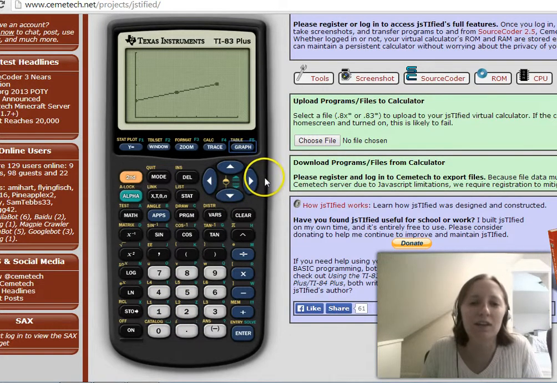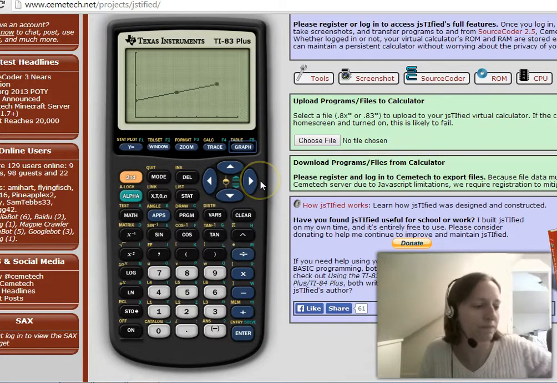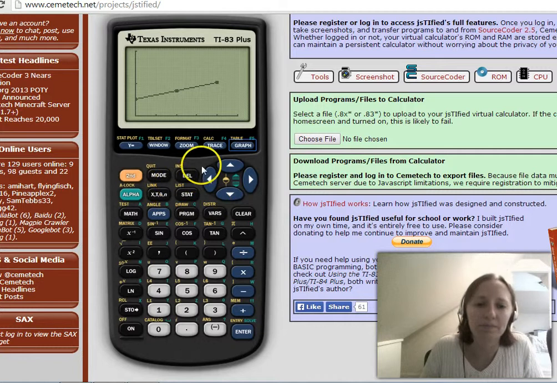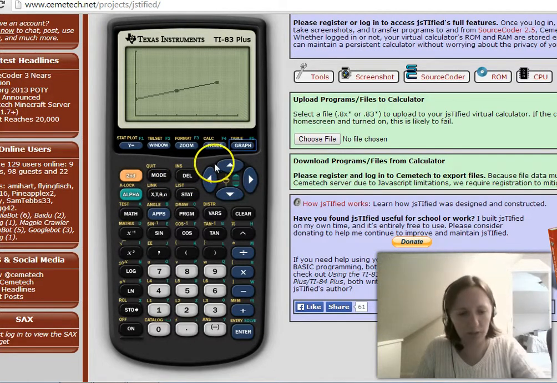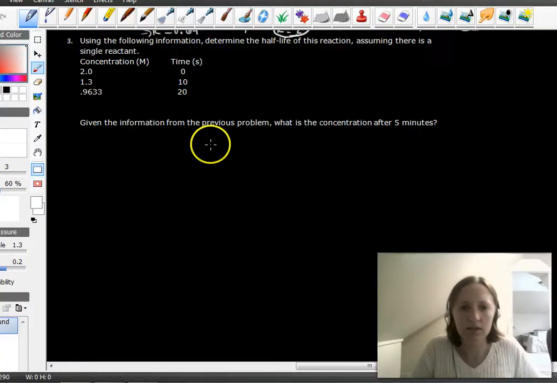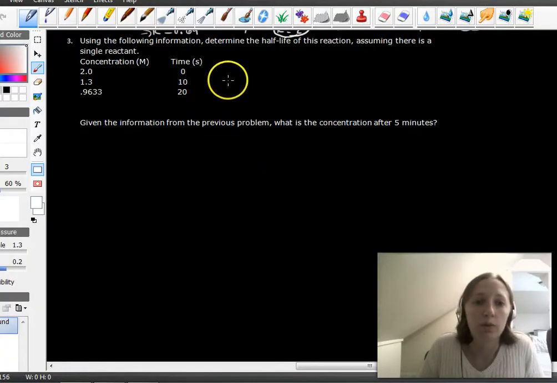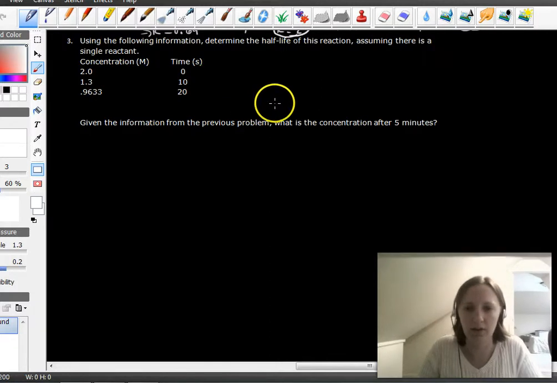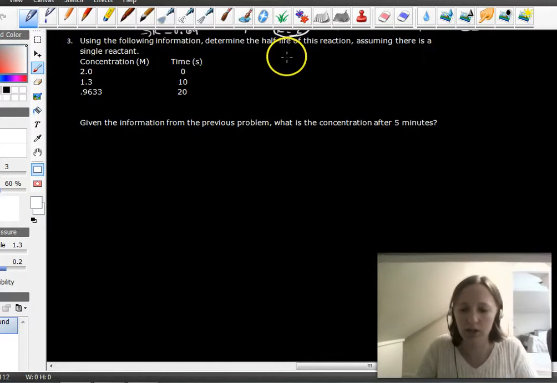Hey, look at that. How straight is that? It's so straight. Yes, I know. Good job, chicken. So that has just proven that this is in fact a second order problem, which means that we can go ahead and use the second order half-life equation, which, if we remember what that was,